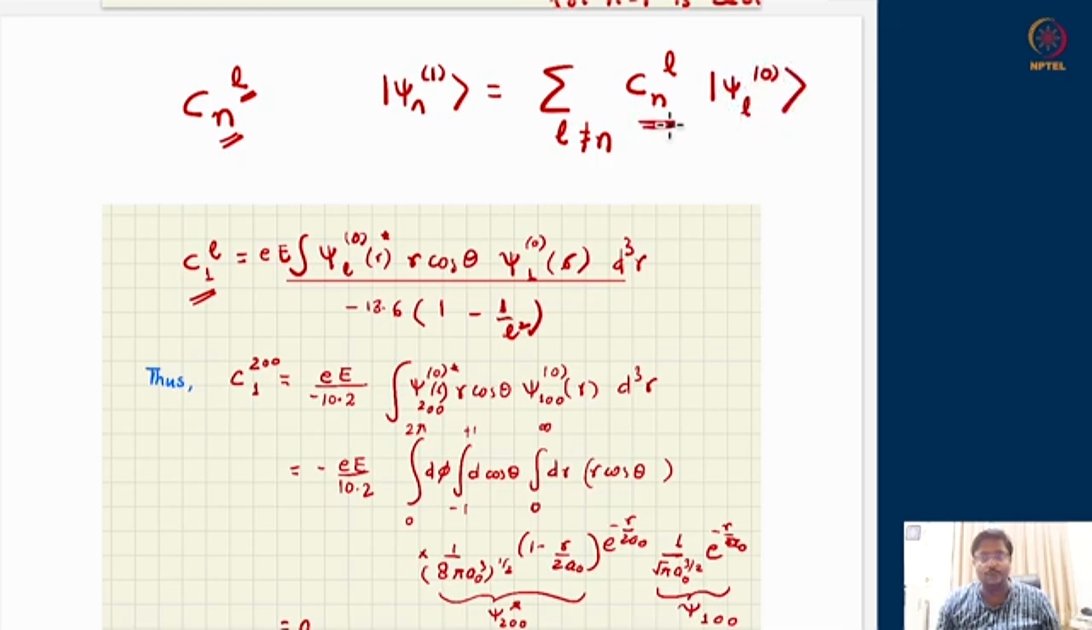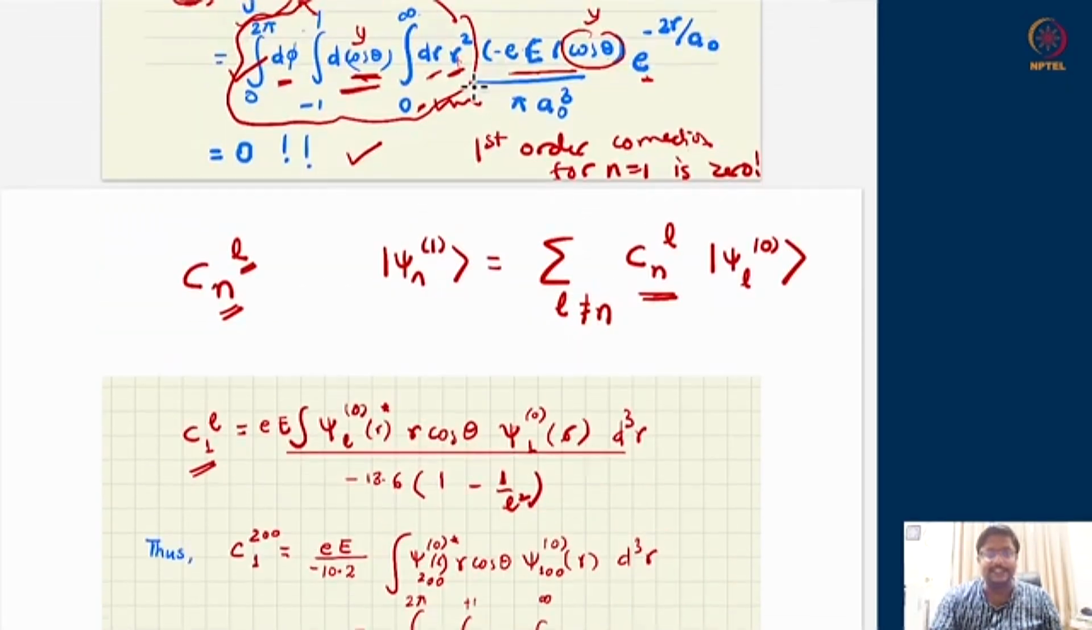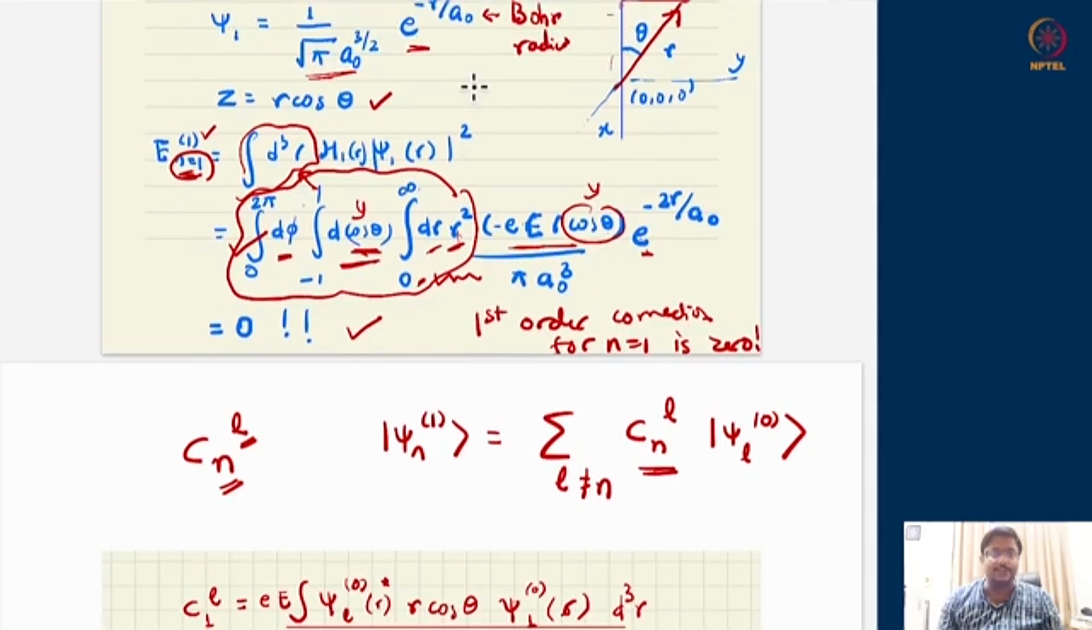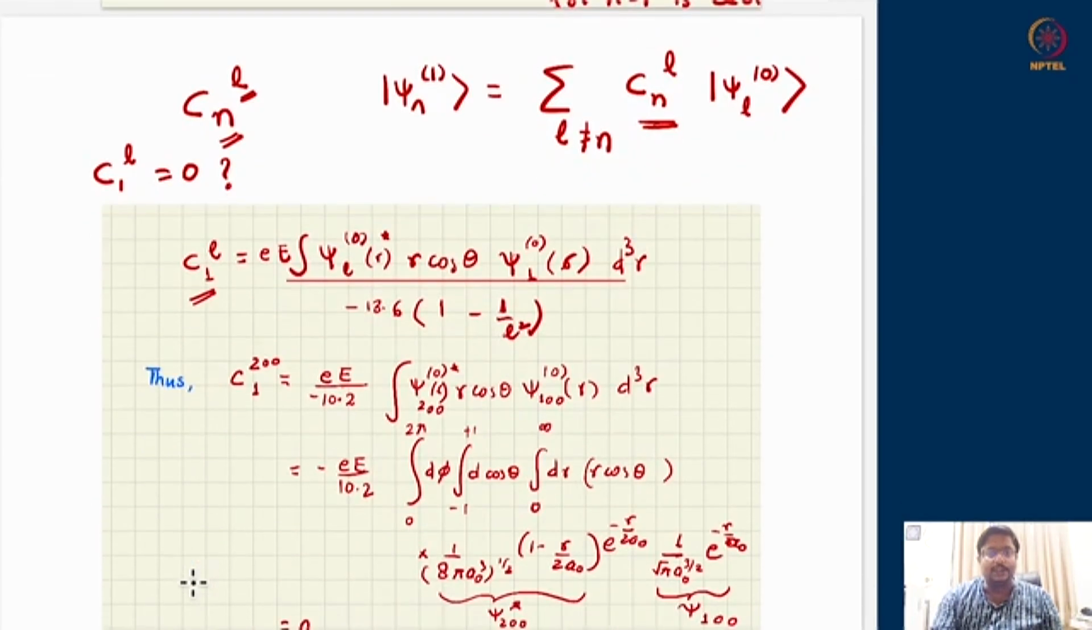So we need to know what the CNLs are. If all the CNLs are 0, then I can say that the first order correction to the wave function is also 0. So we have just seen that En1 for n is equal to 1 is 0. I want to know whether C1L is 0 or not. So let us do the computation. As we have seen, C1L will be obtainable from taking the